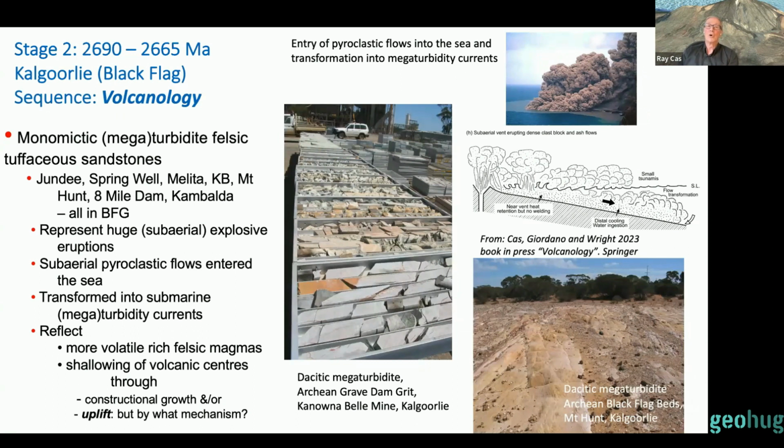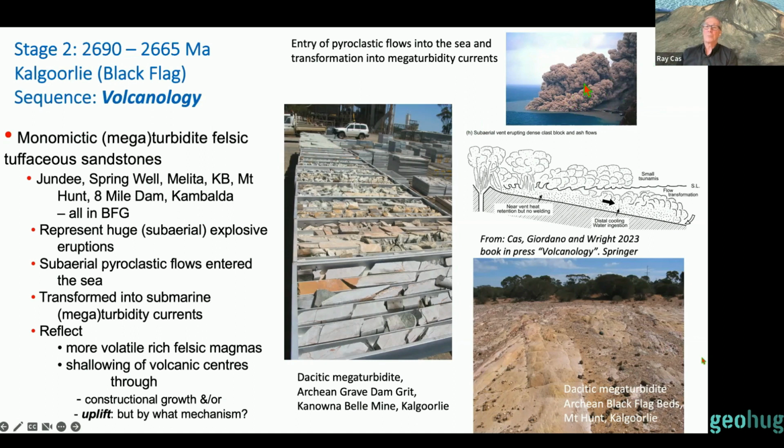So these are what we call megaturbidites, which are monomictic in the sense that they're showing derivation from a contemporaneous felsic volcanic tufaceous source. Now, these also occur along the entire length of the belt. And to get such large volume explosive volcanism, it means that the vents had to be either very shallow marine or even subaerial. And also it means that large volumes of pyroclastic debris had to be fed into the ocean